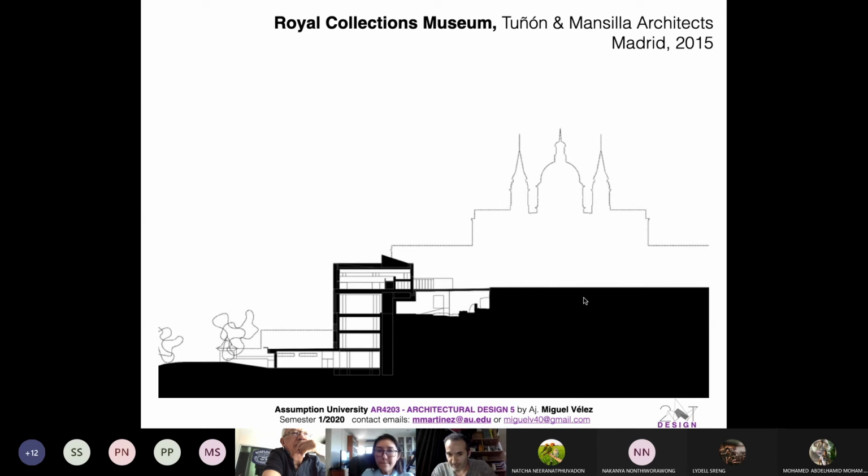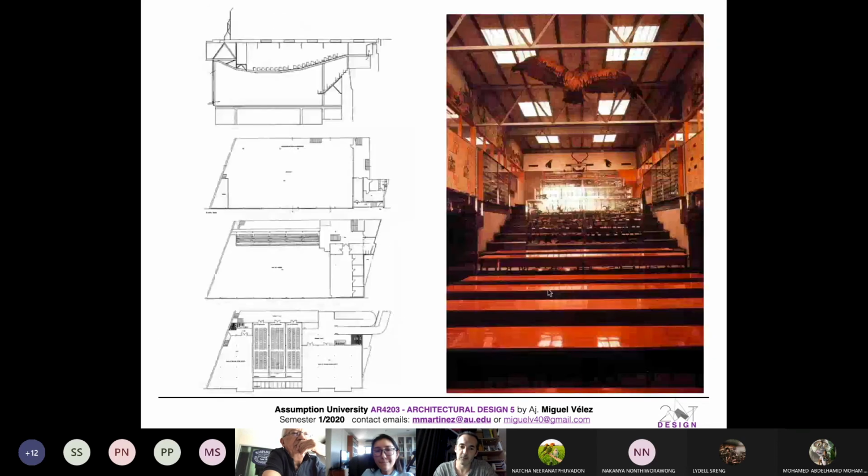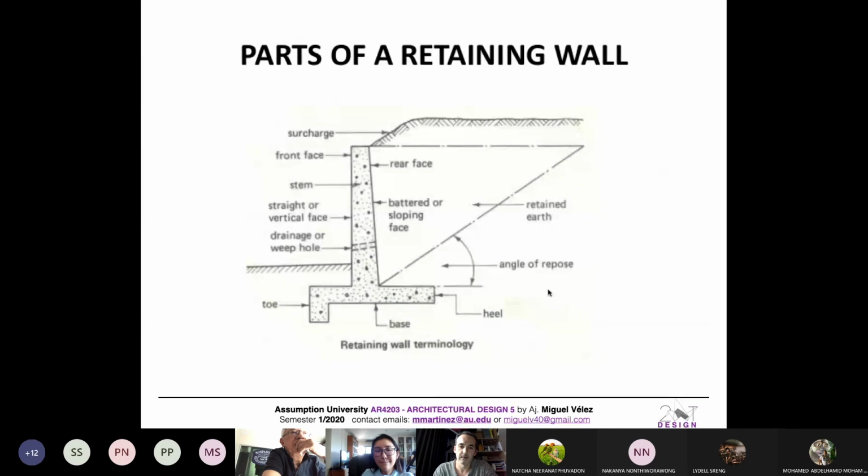So what element are the architects using here? At the end, this is the concept, no? If I give you this site, and I said, okay, you need to build based on this concept, okay? That this is a retaining wall. So a retaining wall works like this: there is a lower part here, and there is the upper part here. So this is the structure whose purpose is to prevent the soil from collapsing, no?